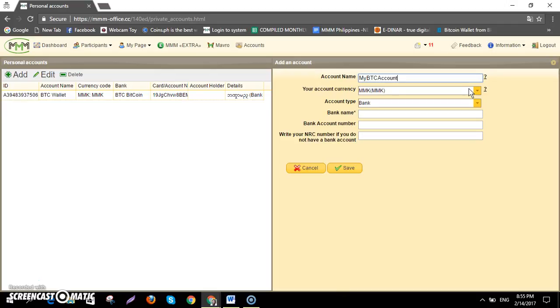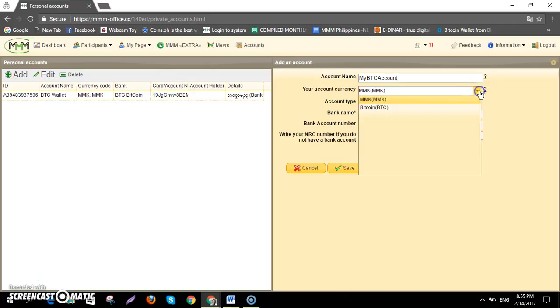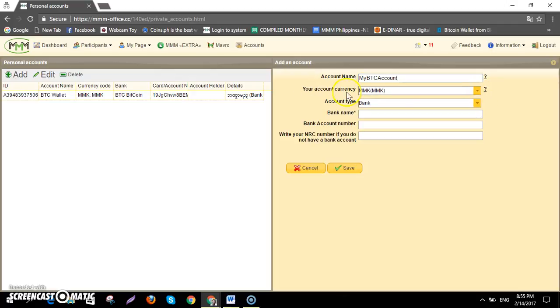I use this one like this. Then after this one, click this button. Instead of MMK, you must click this one and choose Bitcoin. And then for bank type, also use Bitcoin again. So automatically, the word Bitcoin will be reflected on this particular button here, but it will also be blacked out, so you cannot type this one anymore. For the bank account number, you must copy and paste your Bitcoin wallet so that you do not get mistaken.